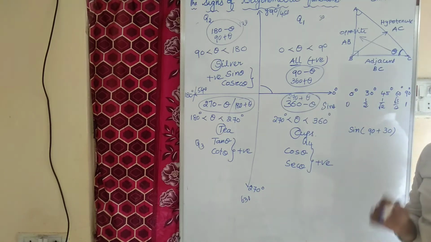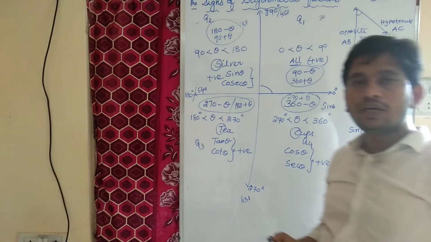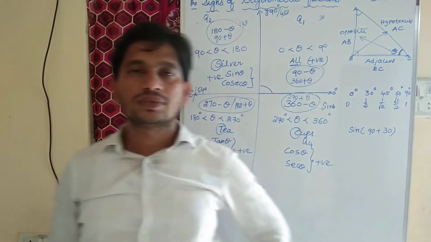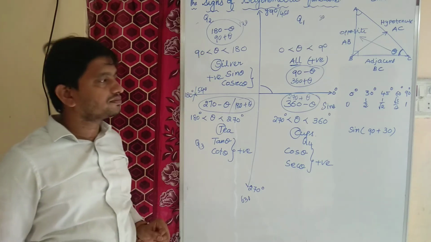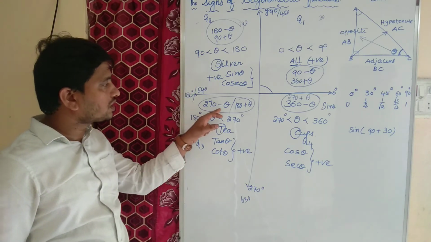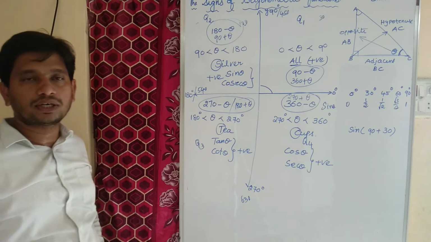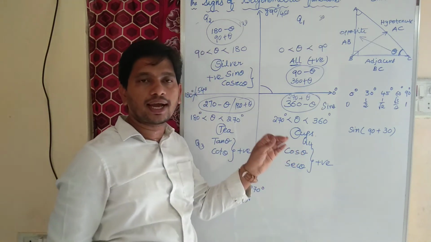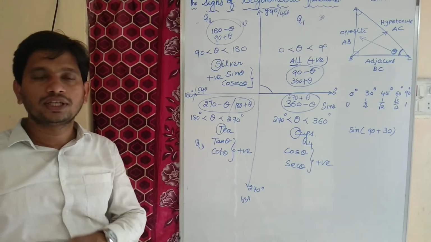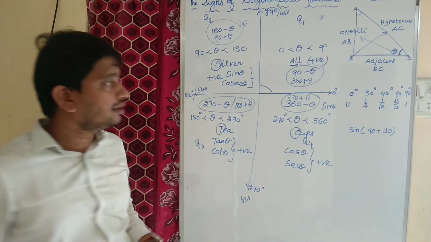First coordinate is nothing but 90 minus theta and 360 plus theta. Second coordinate is 180 minus theta and 90 plus theta. The third coordinate is 270 minus theta and 180 plus theta. And the fourth coordinate is 270 plus theta and 360 minus theta. These are our coordinates, right? Now